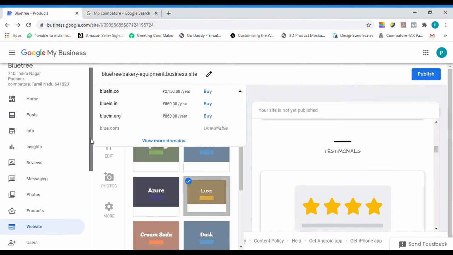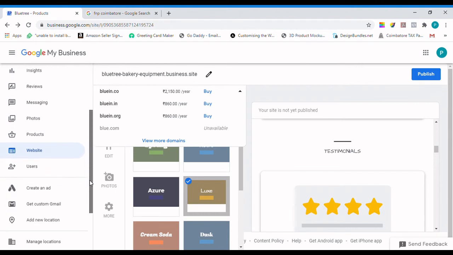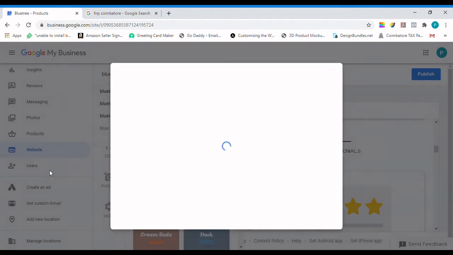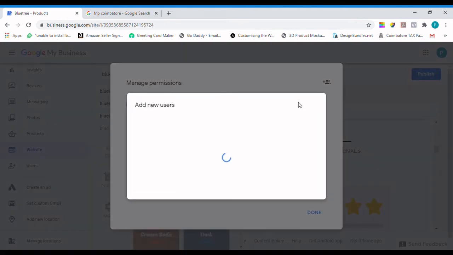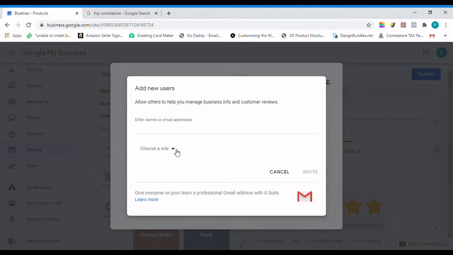Okay, let's move down further and see there is something called the users. This section will allow you to add new users, which means you can have an owner who can edit and modify and delete, do everything, and a manager who manages the whole tool, and the site manager.